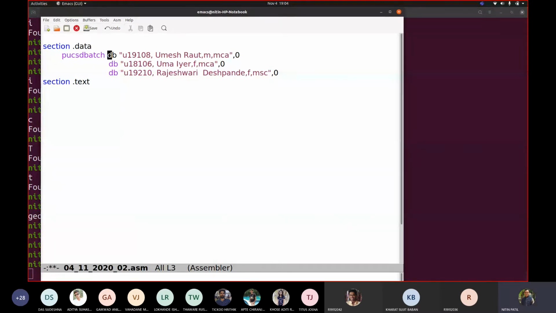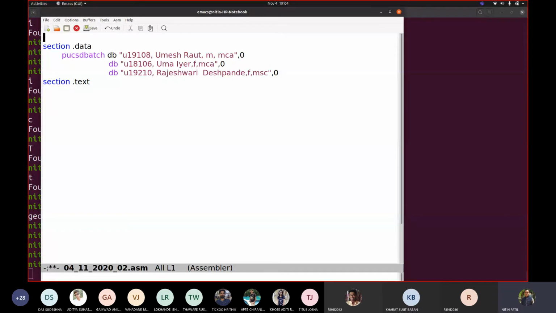As MCA is a substring, correct? MCA is a substring, so you have to search for it, correct? Now, if I say, can you give me a count of students with gender male, then I exactly know where it is, as this is the format of my database. Suppose I generally call this kind of program a database assignment.